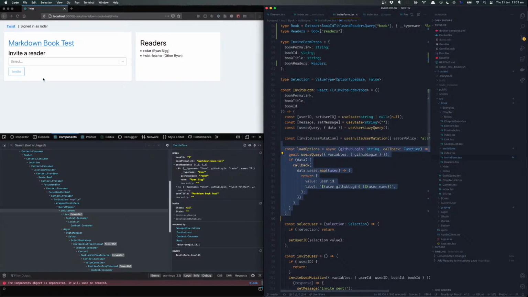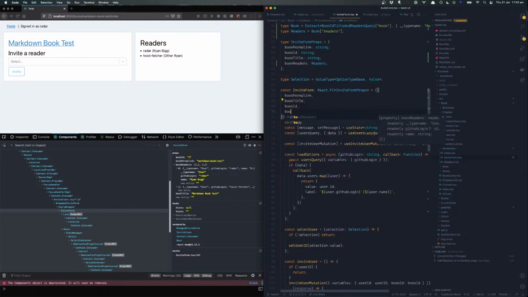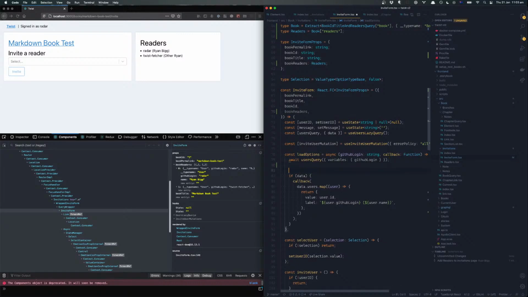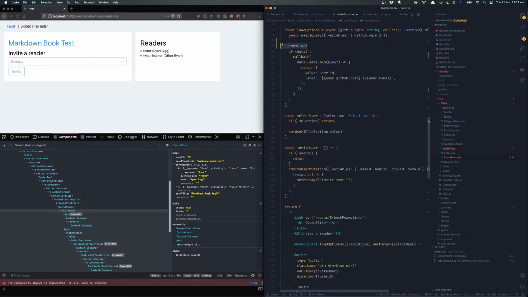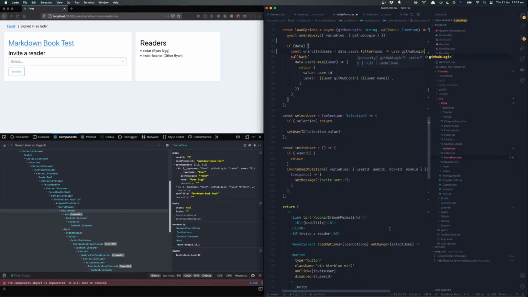This load options function is what gets called when we type something into here, and then it presents us with a list of options. So with this data users thing, we want to take the book readers and filter. We don't want the users. So we want to define this as const uninvited. Oh, you know what? Inside that data is where we want it. Const uninvited users equals data users filter, where the user GitHub login